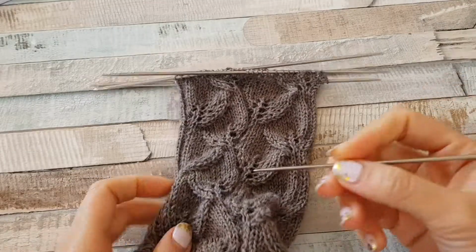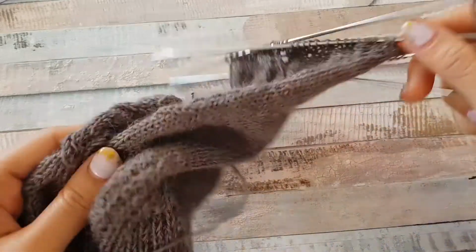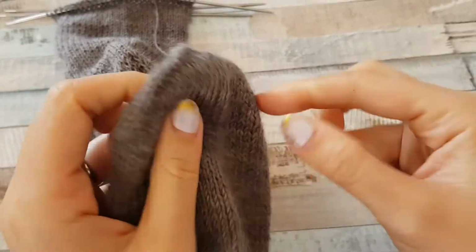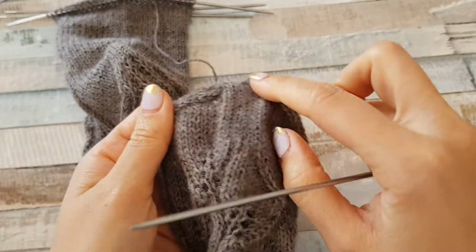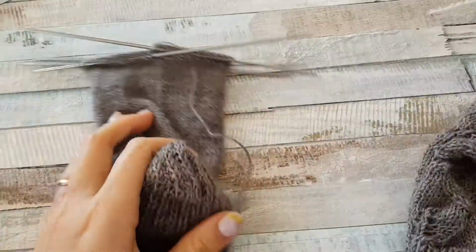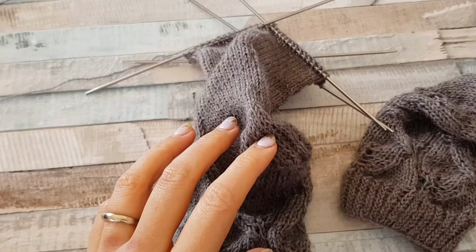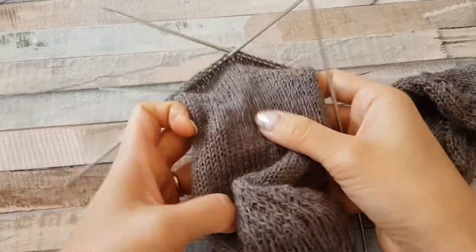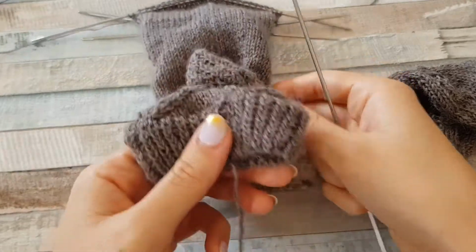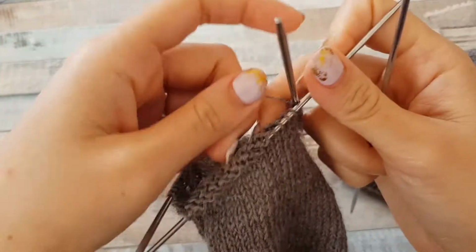So I have finished knitting 2 times the pattern, so I have just to finish this part of the sock, where you have the toes, and I show you how to make decreases to have the finished product. So this is the beginning of our sock. As you can see here, you have a tail in the middle, so this is our first needle, and now